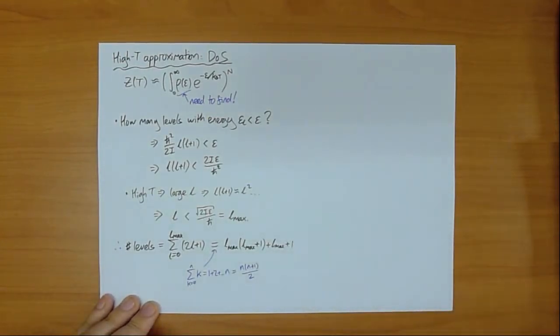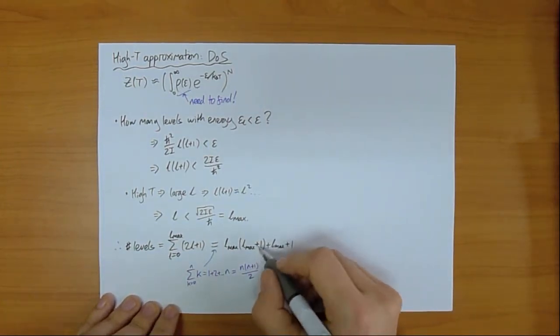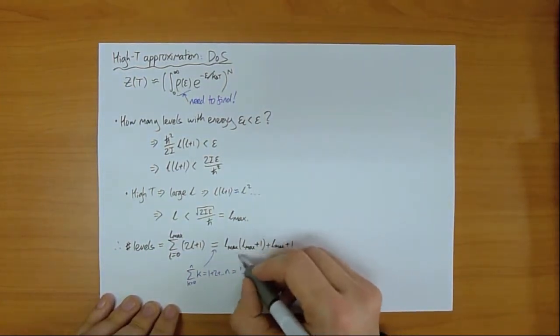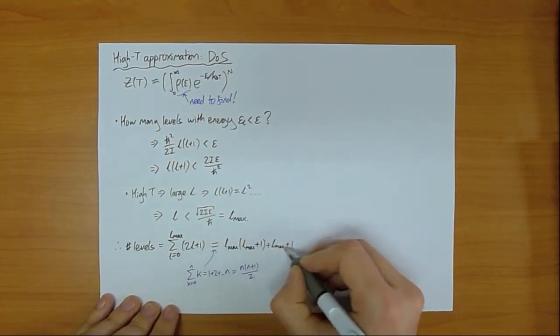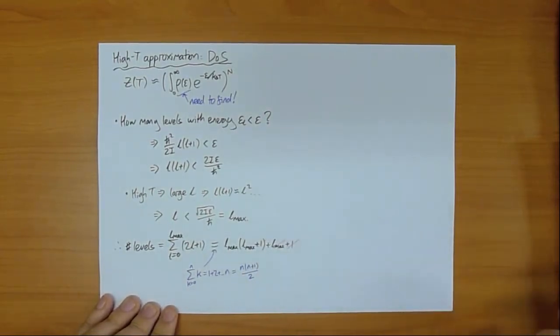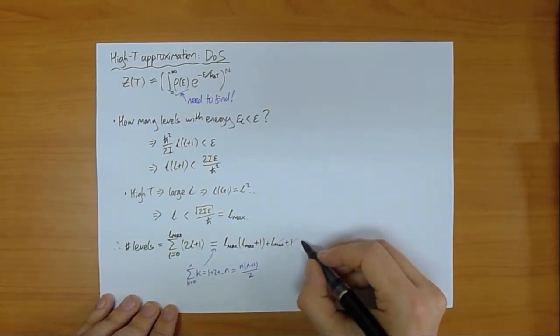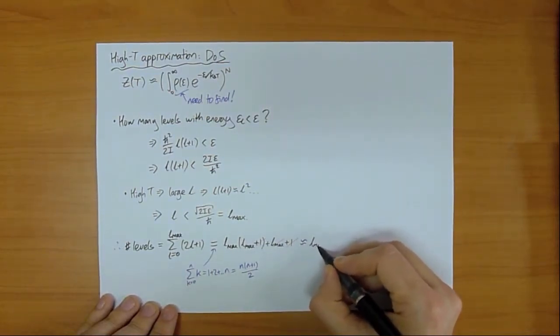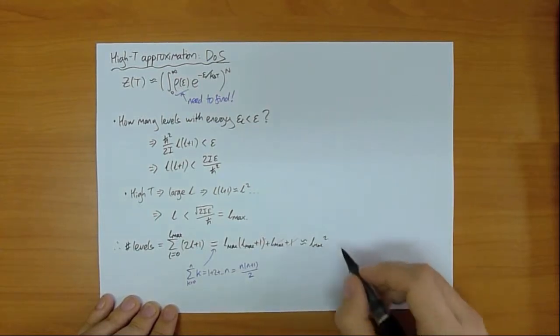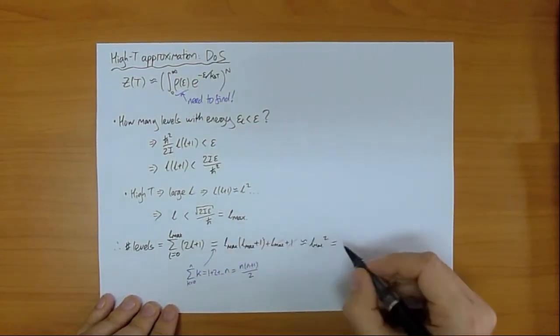But again, if L is large, then we can ignore the terms of smaller value of L, so L max squared is here, we can ignore L max, and we can ignore 1. So the number of levels is approximately just equal to L max squared,